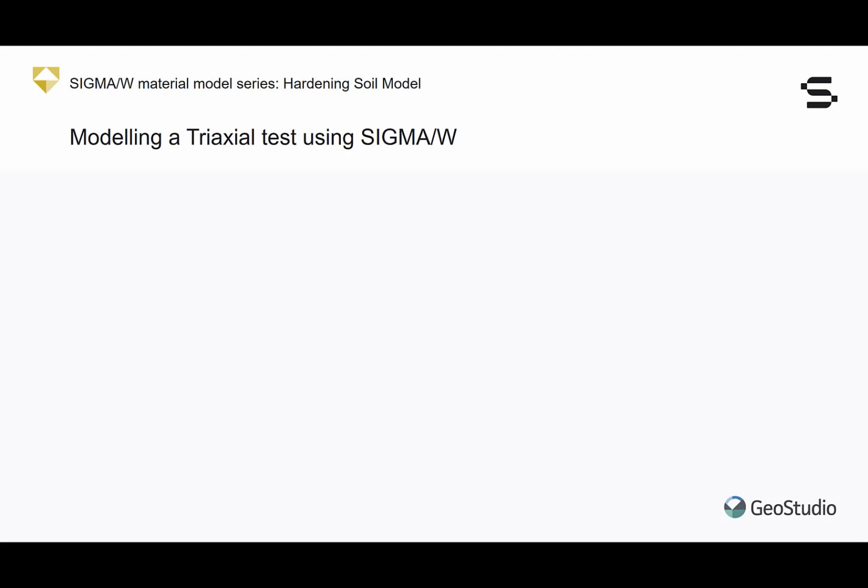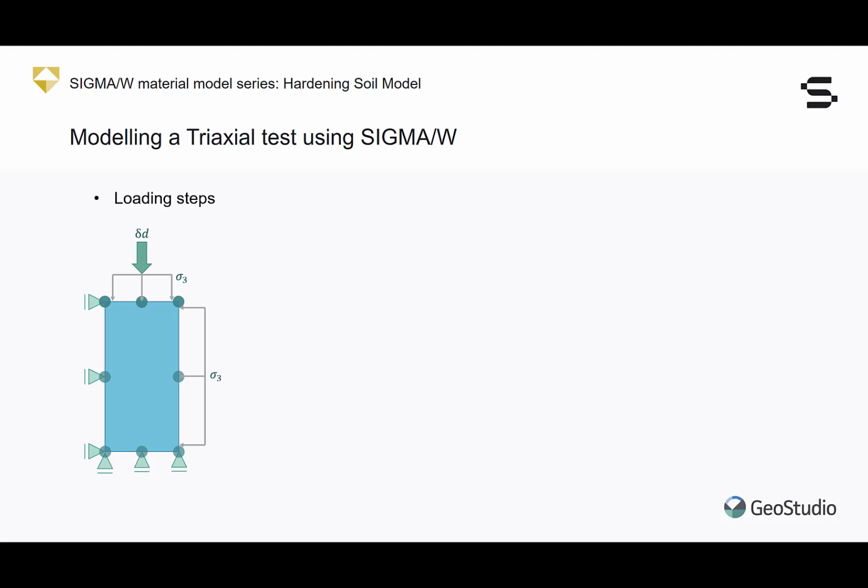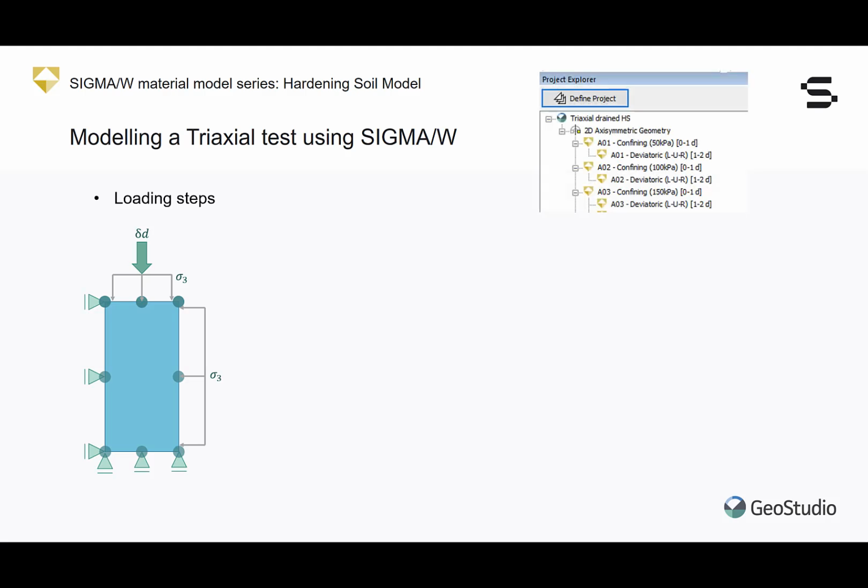The triaxial tests are simulated by firstly considering the isotropic confining pressure, and secondly, the deviatoric pressure. To do this, the project file is set up with an analysis tree structure for each test. In each branch, we see the confining pressure phase acting as a parent, which provides initial data to the subsequent